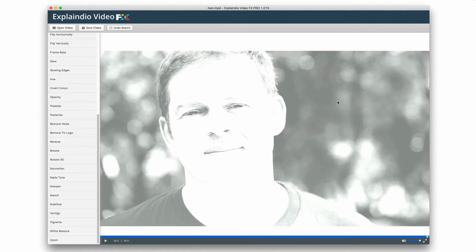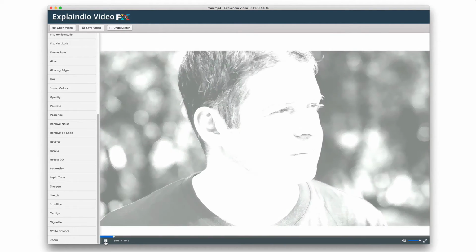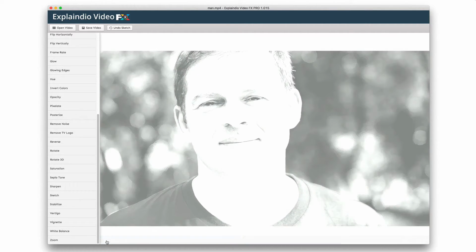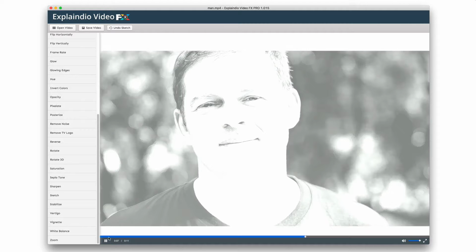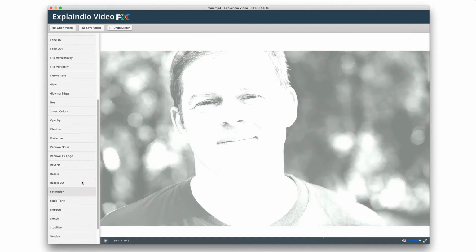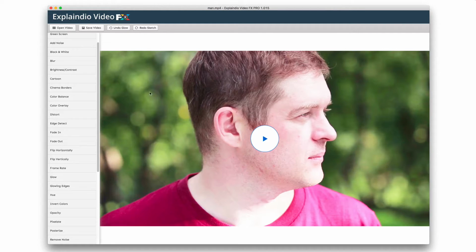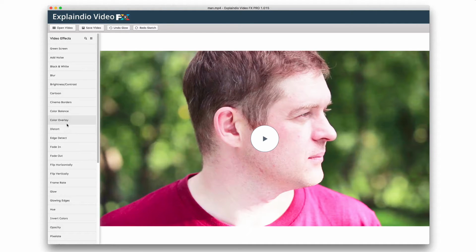Now maybe it would work better if I took away the glow and then did it, and we might have a little more definition. But I'm playing with this in real time. I haven't tried every video with it, but I do know that this sketch feature is really great. One that I don't really like is the posterize. I think that's an overrated one, and I would never use it. And another one is the cartoon. I'm not really feeling it, but those are 2 out of 40, and the rest,